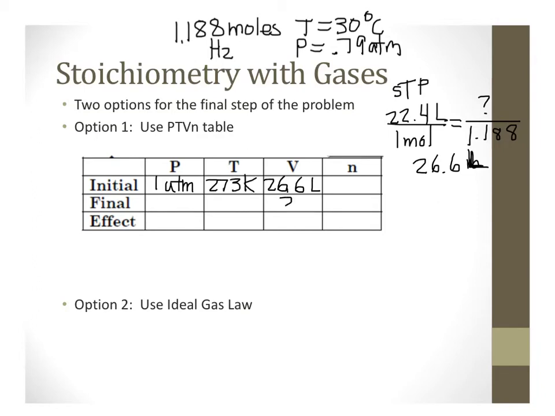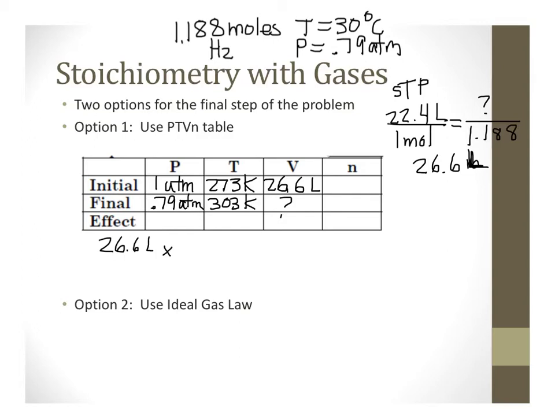And we want to know what the volume would be at 0.79 atmospheres and 303 Kelvin. So we'll set up a problem adjusting the volume for the actual pressure and temperature, 26.6 liters, and